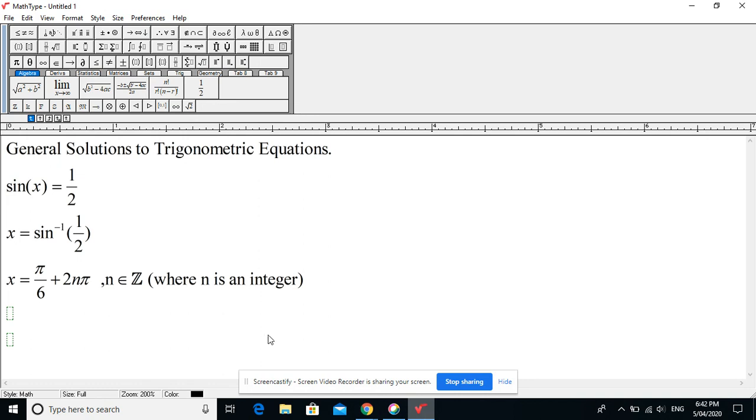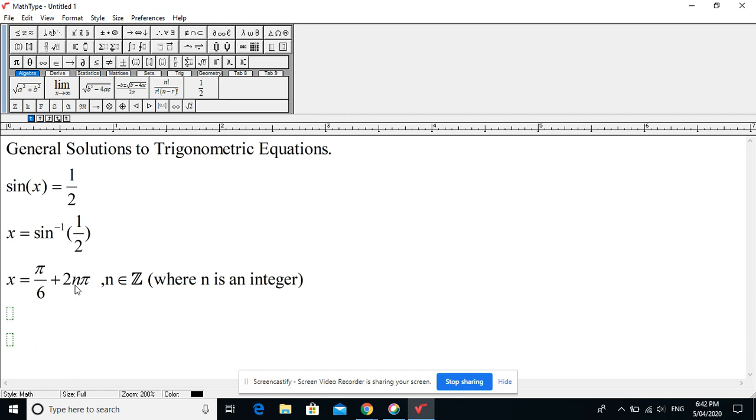So let's generalize our understanding. For even numbers of pi, it's pi on 6, the first solution, plus 2 pi, 4 pi, 6 pi, etc. So we represent this with 2n pi, where n could be any integer. For example, if we choose n equals 4, then we would get our solution being x equals pi over 6 plus 2 times 4, 8 pi,